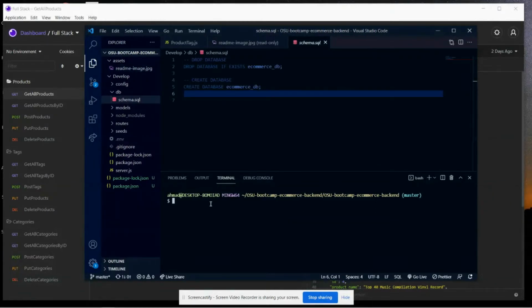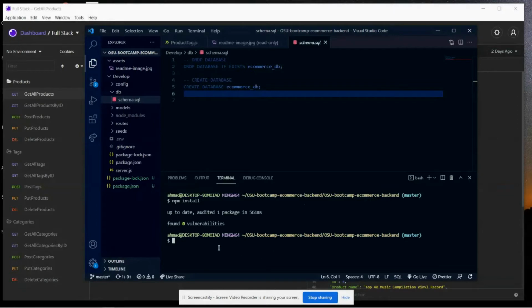So the first thing I'm going to do is do an npm install on my directory, and then it's going to say, yep, audited one package, and so on. And then what else am I going to do? Then I'm